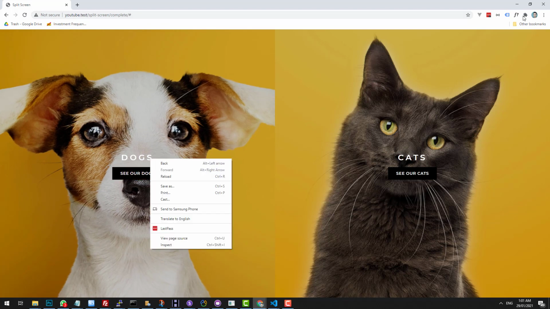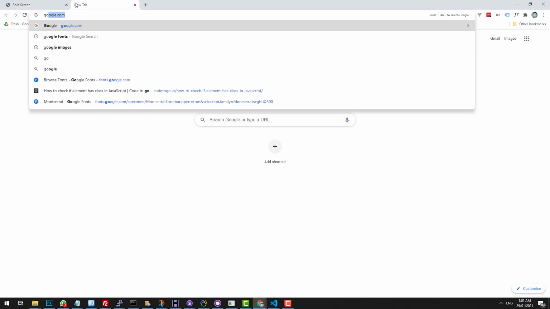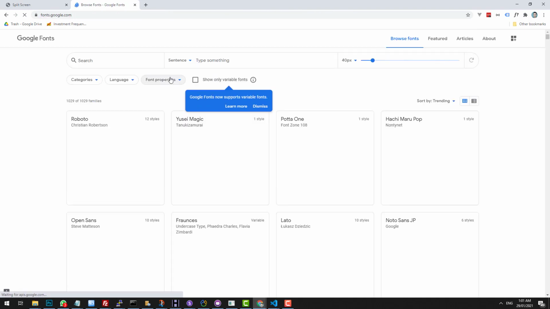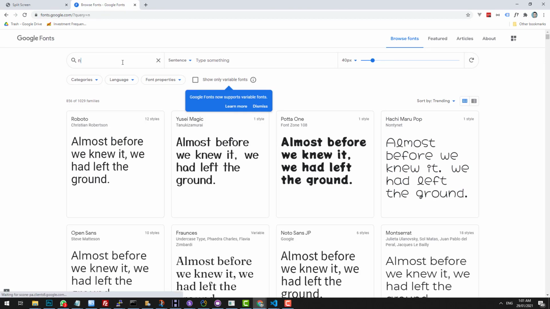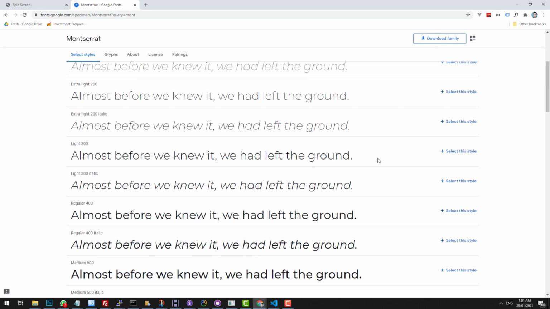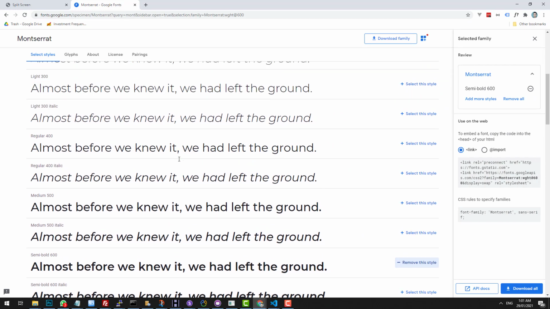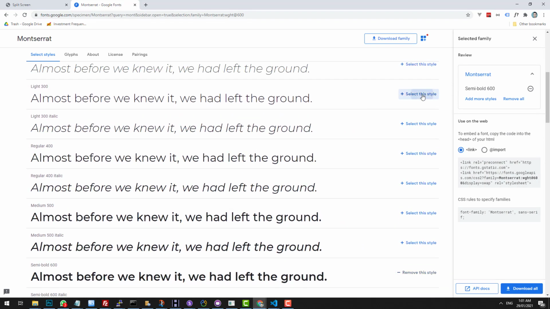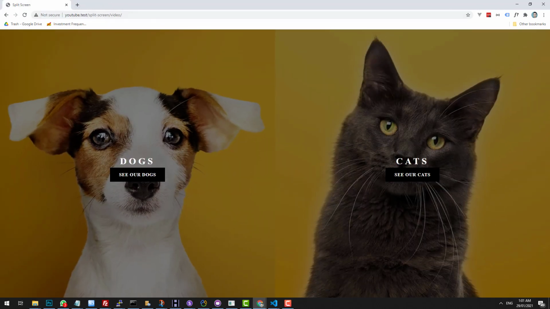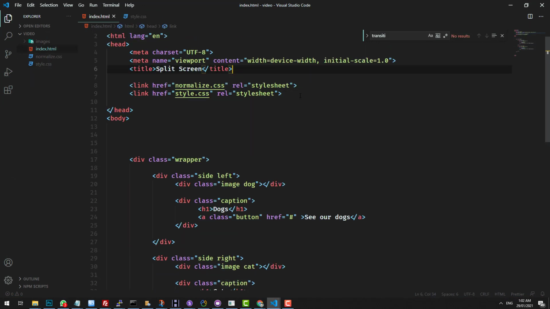Okay, so this font is Montserrat. So let's just go into Google Fonts, grab Montserrat. I think I've already got it when I created the project at the start, but we'll just get 600 and we'll get 300 light. Copy this here, go into the project, paste it into the header,